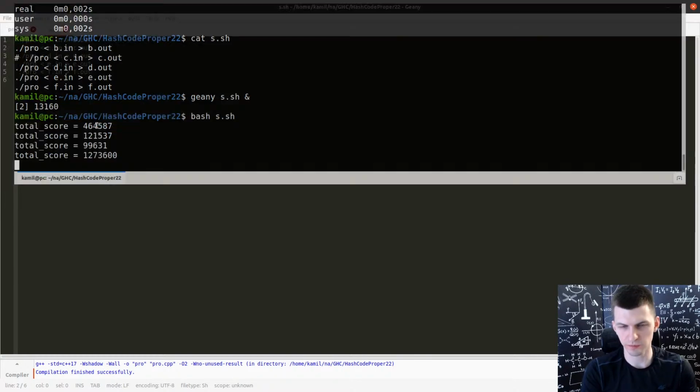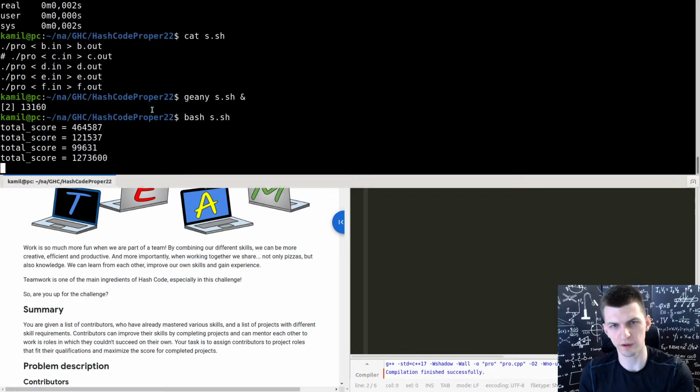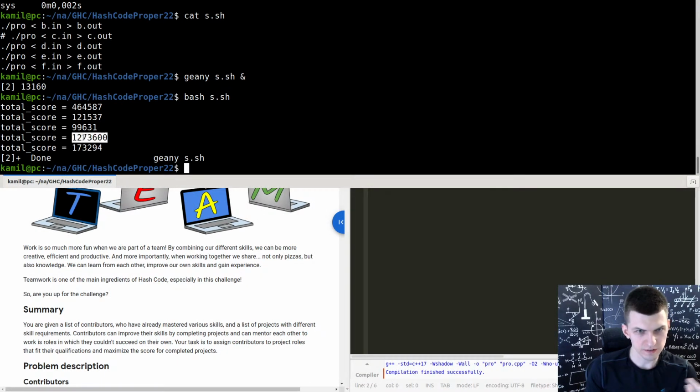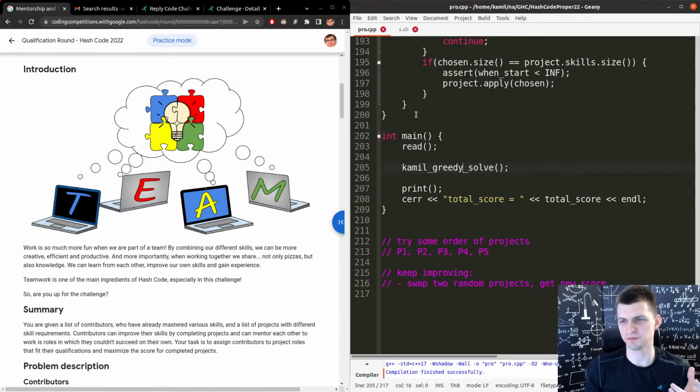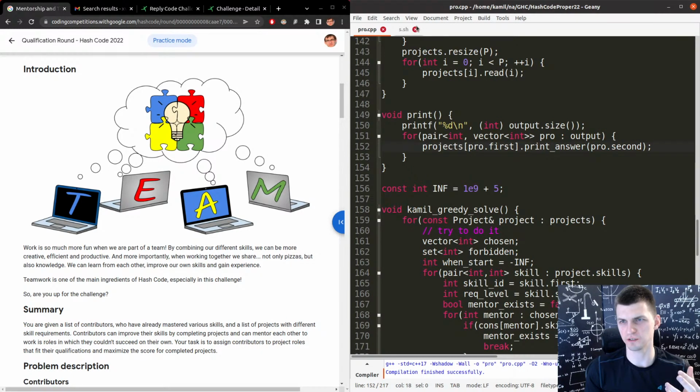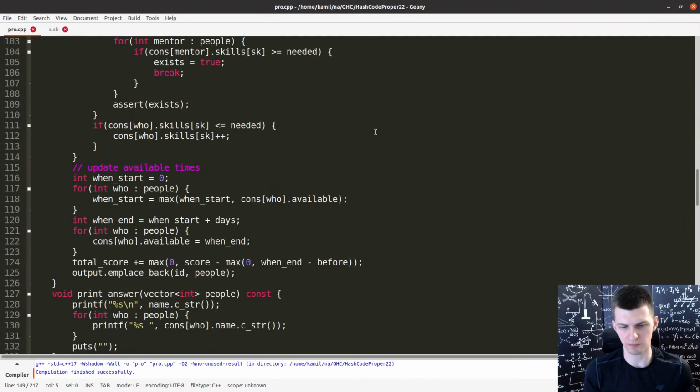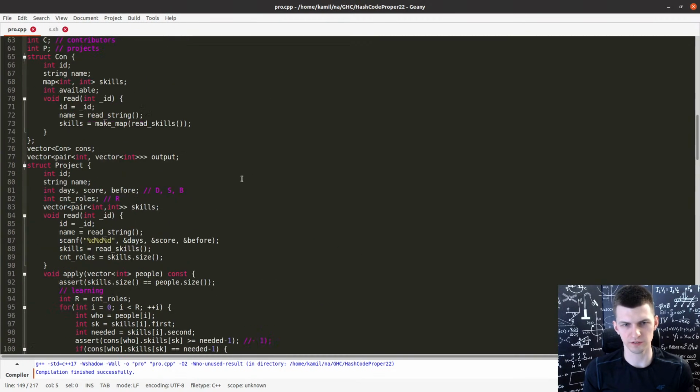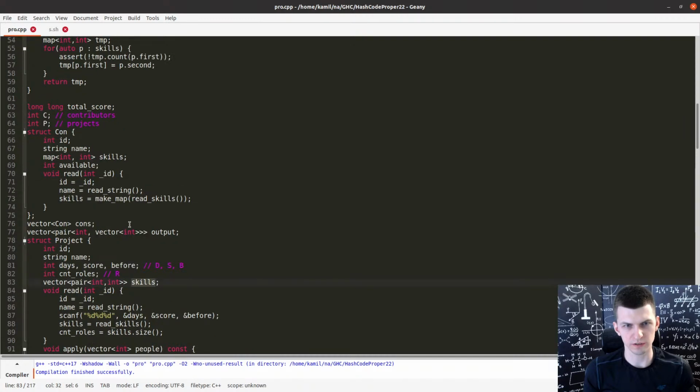So those are my scores of a very, very basic solution. In total it has around, I don't know, 1.5 million. And it greedily takes projects just one by one. It doesn't do anything smart. But first, I want to stop using a map, because map is very stupid. There is a project. No, where is a person? Here, there is a person. There are skills.